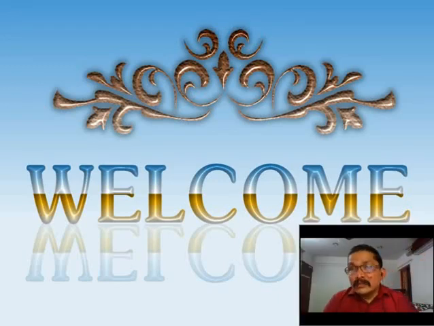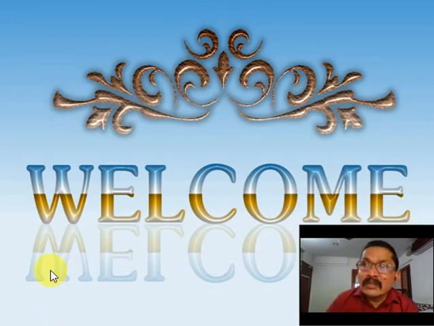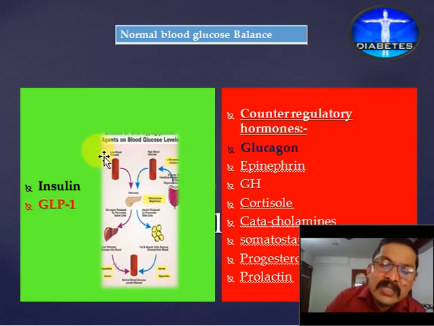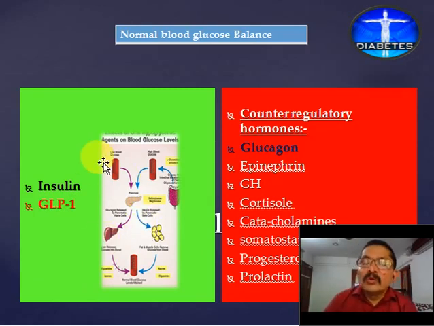As we mentioned earlier, other than glucose, other hormones also play an important role in regulating our blood glucose level. Such hormones are known as counter-regulatory hormones. You can see that insulin and glucagon-like peptides stimulate the glucose uptake from the blood into the cell, inside the cell,